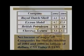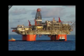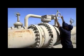after 9/11/01. We see Royal Dutch Shell going from $4.5 billion to $8.2 billion. We see ExxonMobil almost quadrupling its profits, going from $4.7 billion to $17.2. We see British Petroleum going from $3.4 to $5.9. We see Chevron Texaco going from $1.1 to $3.5. So this enumerates what we knew in general in terms of the oil companies profiting from the invasions of Afghanistan